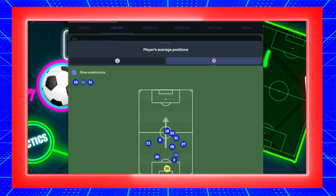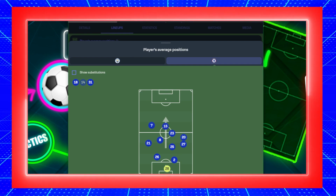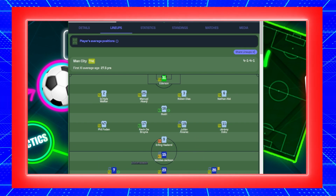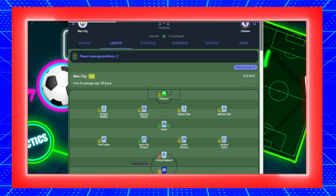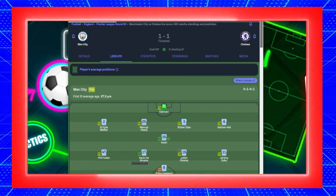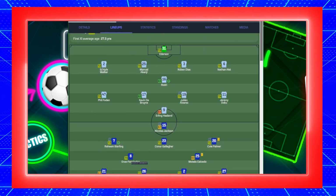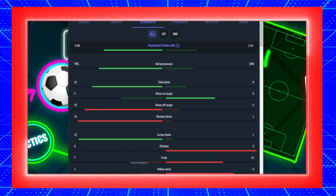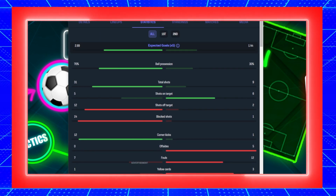Now, I don't think it was particularly a wrong thing to do, but it was something that really did impact the momentum of the game, and it gave Man City a little bit more chance to go forwards. Overall, I thought Chelsea defended unbelievably well and thoroughly deserved to take a point, if not more, away from the current champions. As you can see, a lot of the stats are in favour of Man City, but not shots